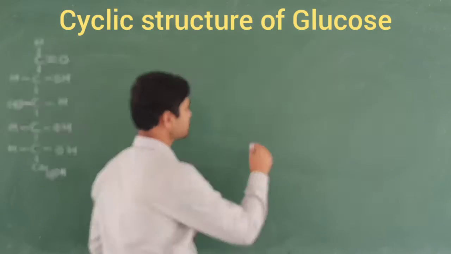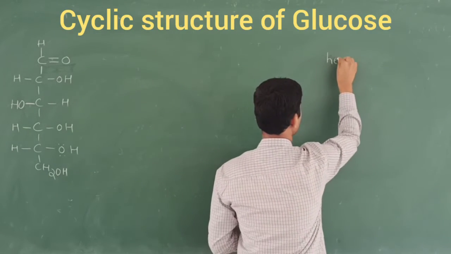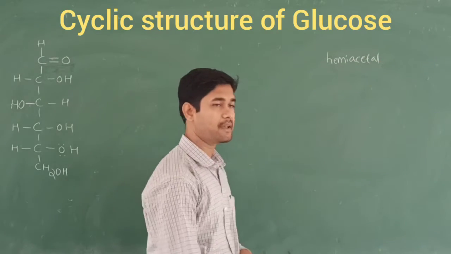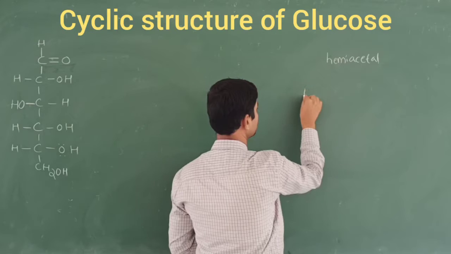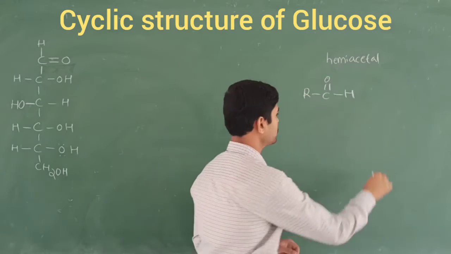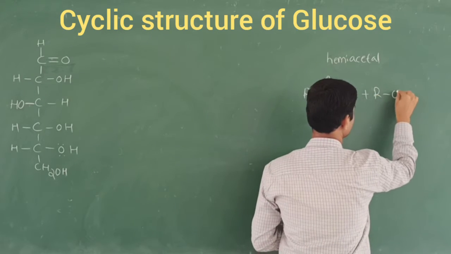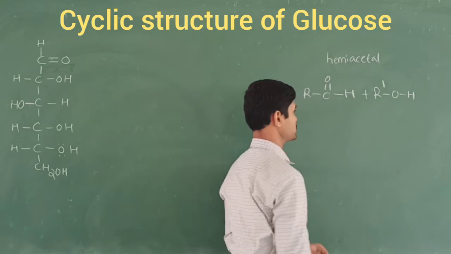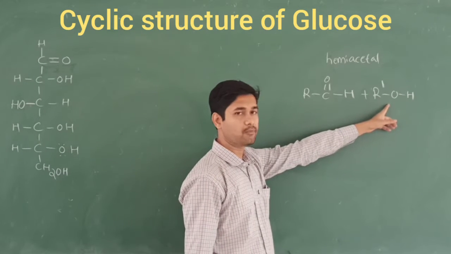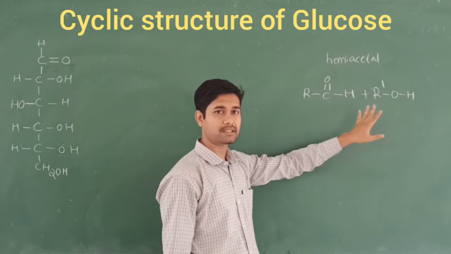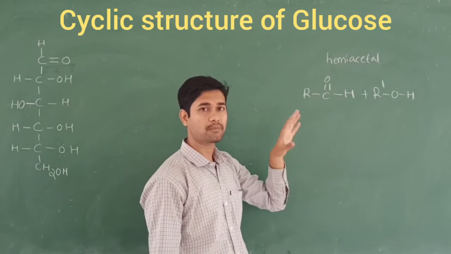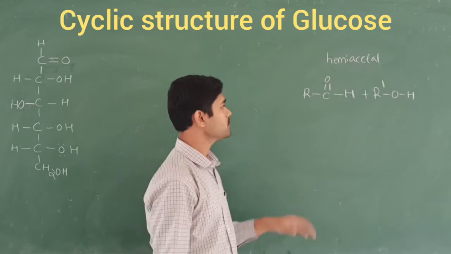That concept is called hemiacetal. What do you mean by hemiacetal? You know this aldehyde group, right? This is called the carbonyl function, and now I am going to take the alcoholic function, R-OH. Whenever this alcohol reacts with a carbonyl function containing an aldehyde or ketone, what is the product we obtain? That is called hemiacetal.